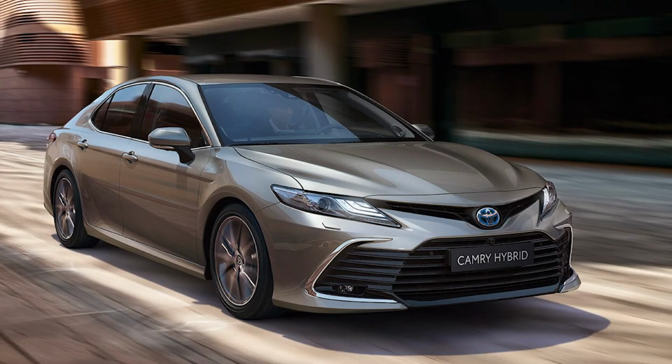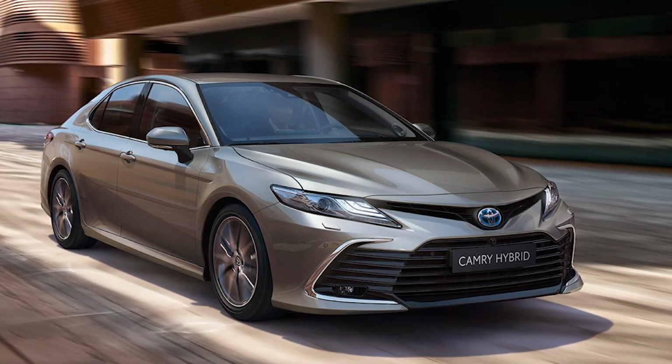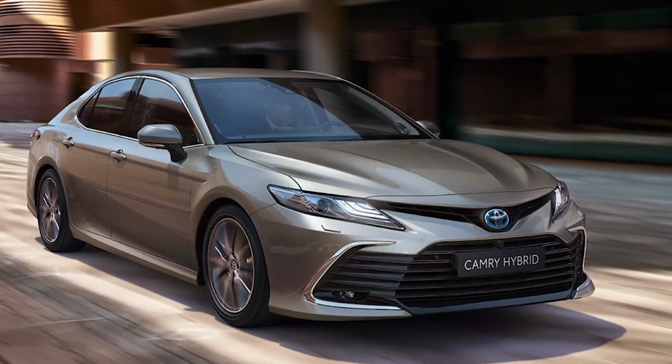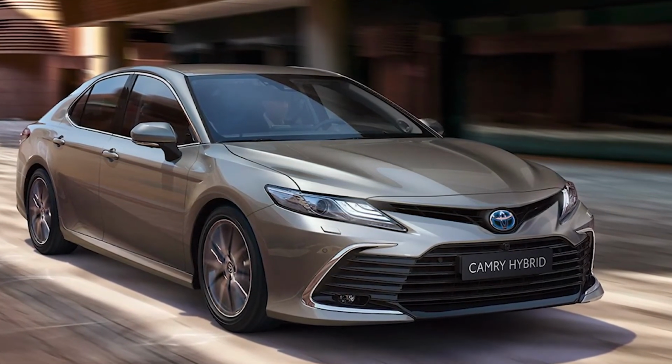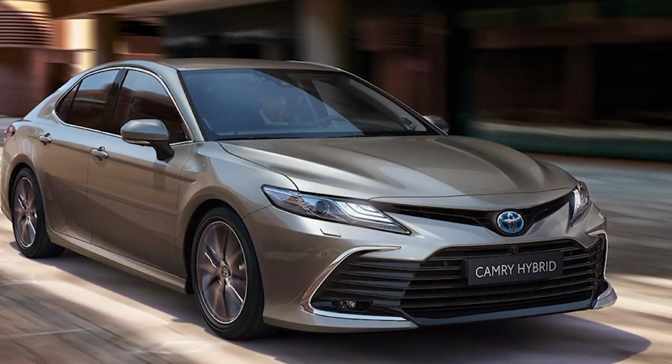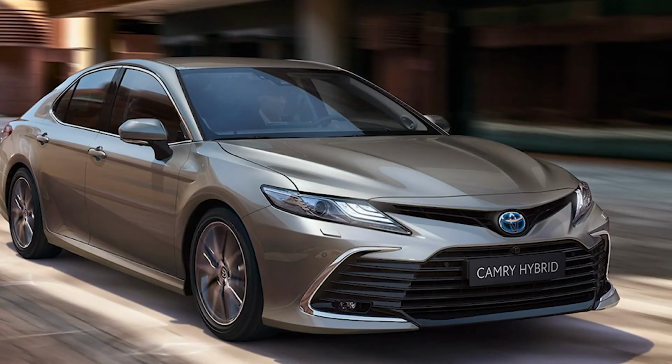Finally, the next generation of Toyota Camry will be on the market in the next few years. It's likely to be a pure hybrid powertrain car, but it will also apparently be available in a fully electric version. Let's not forget that it is the fifth best-selling car in the world and therefore very important for the